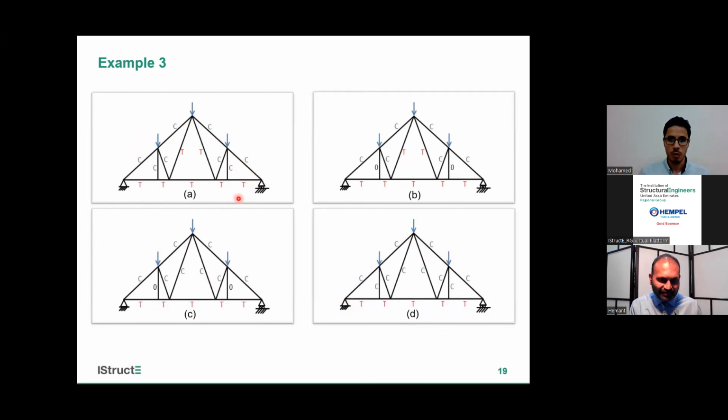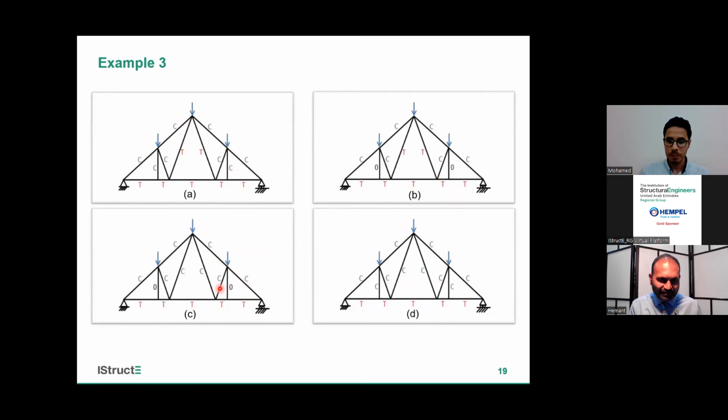So now we need more members so that we can choose. Here there's no force, so this is 0, and this is a 0 member. But here he put compression, so this is not our answer, and this is not our answer. So we have to choose one of these two only. Okay, let's take a look at, for example,